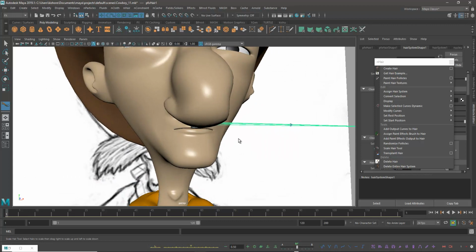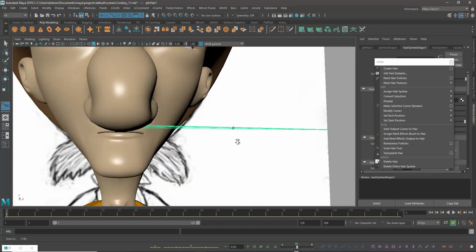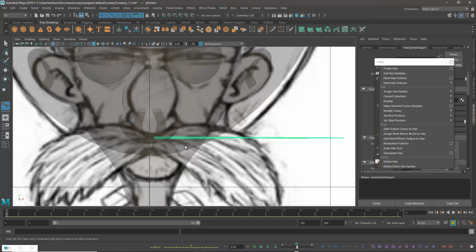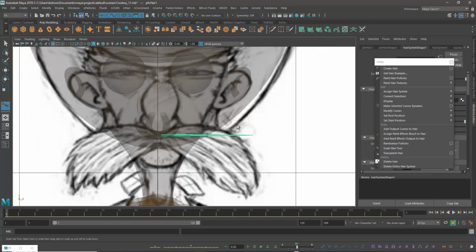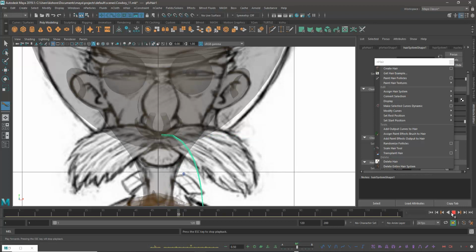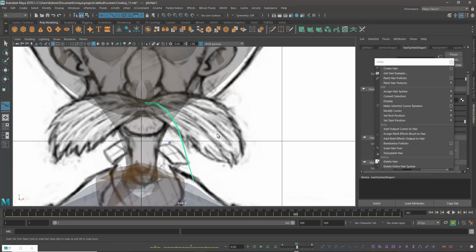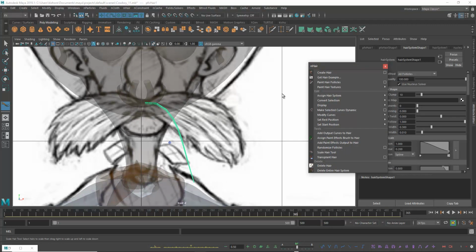So it has a lot, it will take a very long time to cover. Just now I'm doing it for... so scale down, okay. So when you play, you see the hair, no need to... So what exactly we are doing in hair system? There are a few options like hair system, hair shape, okay.